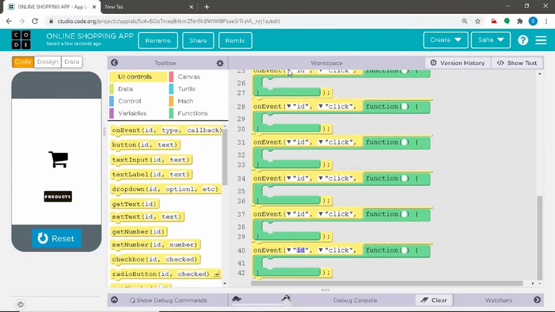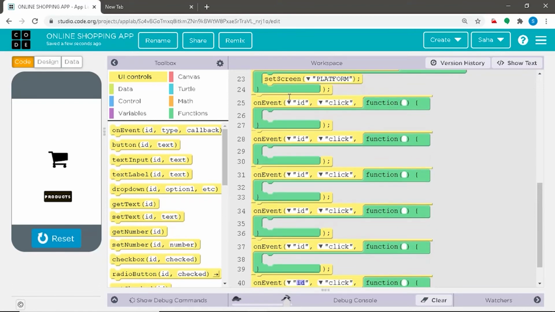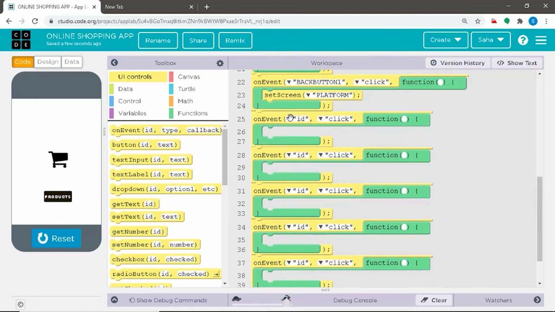So for this we shall be defining our back button. We shall be choosing the ID as back button 2, which we have given.